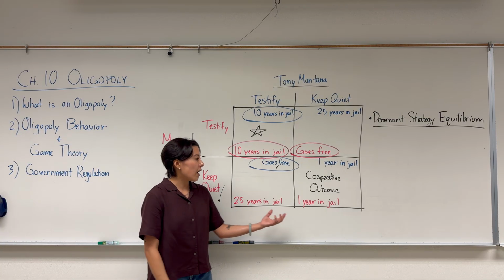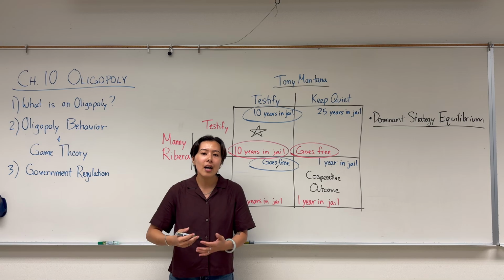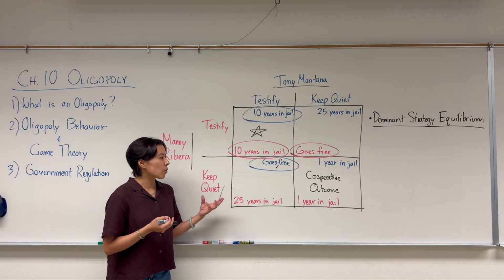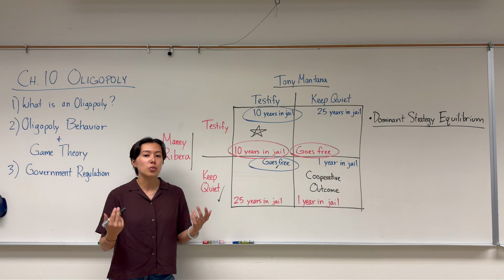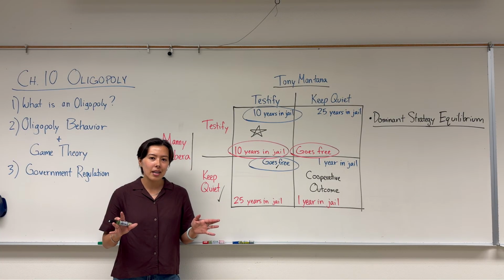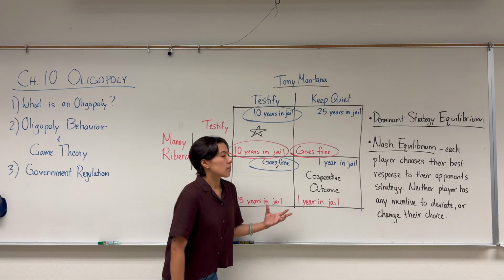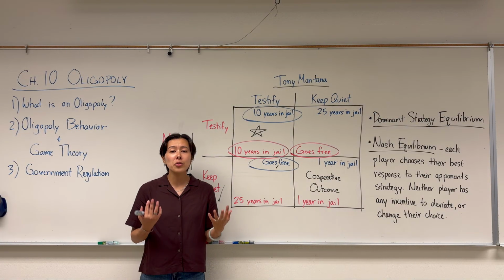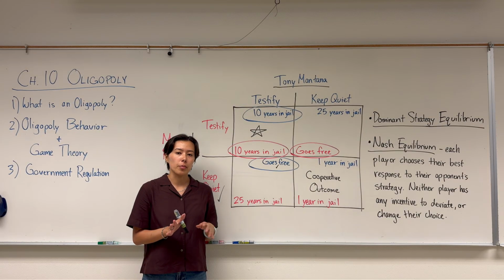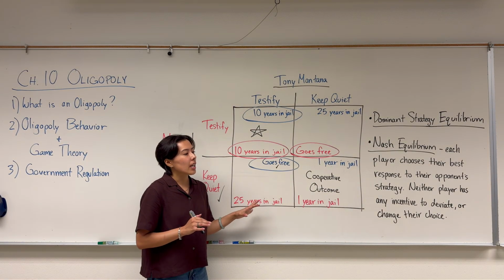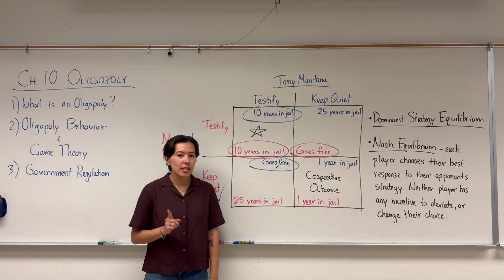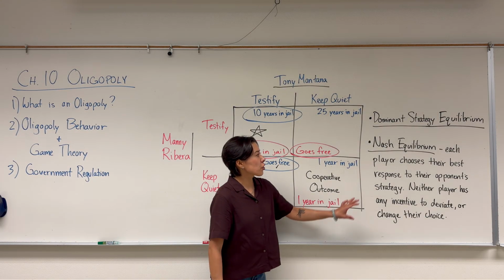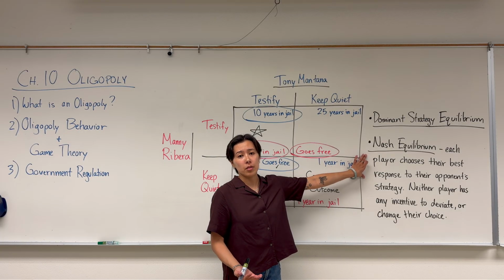So this cooperative outcome is difficult to reach because there's this incentive to break the agreement, and because our players can't be sure that they can trust one another when they have to make this simultaneous choice. So this dominant strategy equilibrium that we identified is also something called a Nash equilibrium. In any game theory game that we present, there will always be at least one Nash equilibrium. This is named after John Nash, one of the founders of this game theory field.